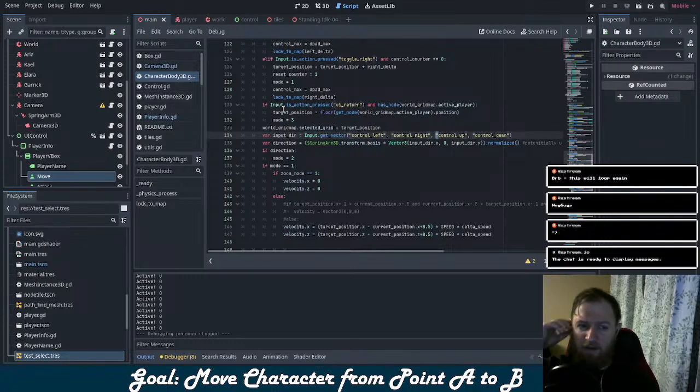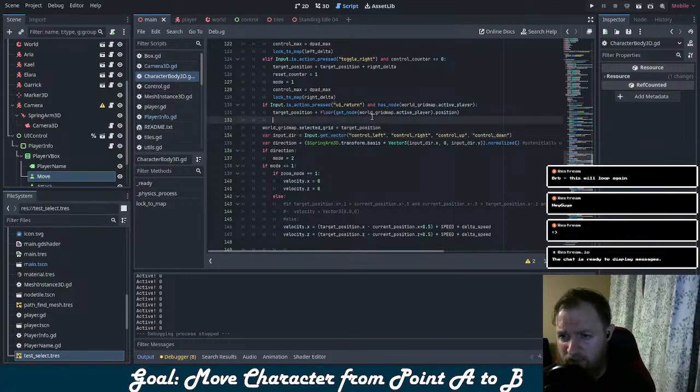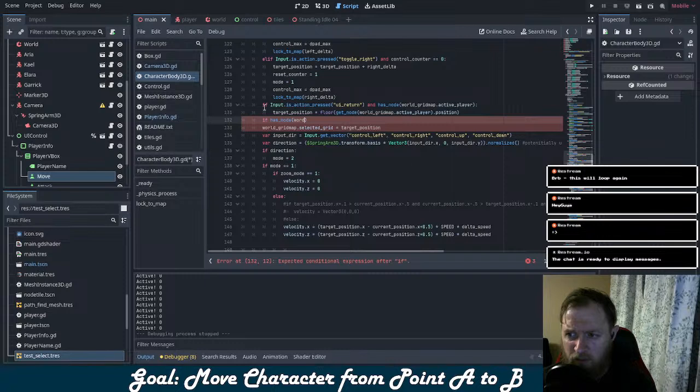And then what I would do here is, instead of this, say if has node world grid map dot active player, and target position equals